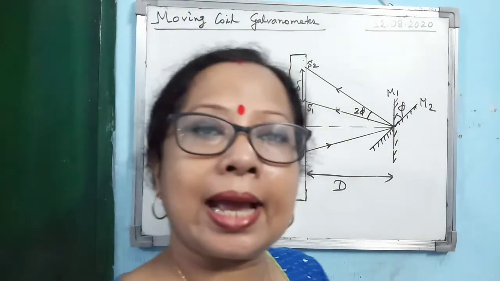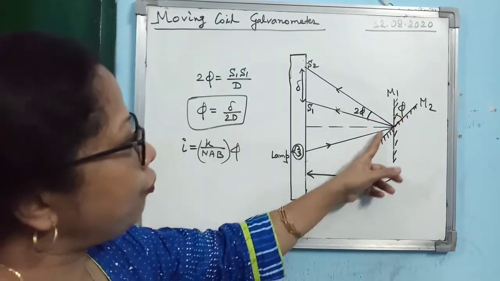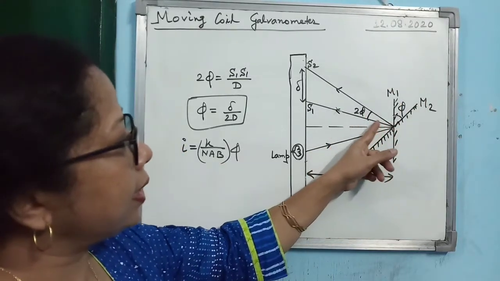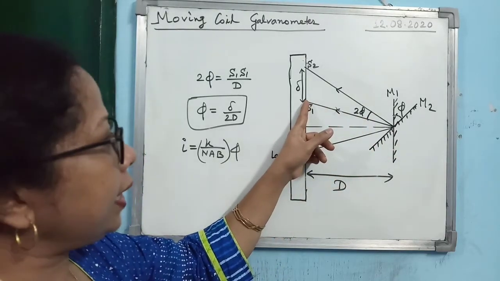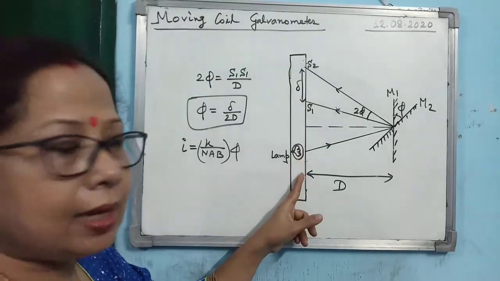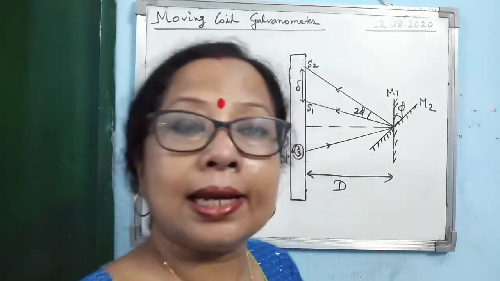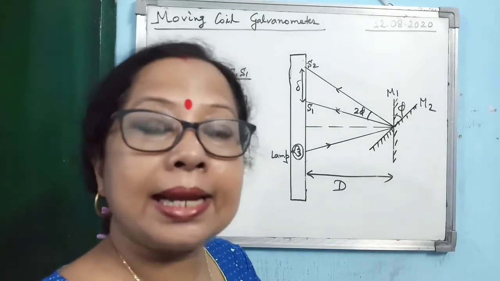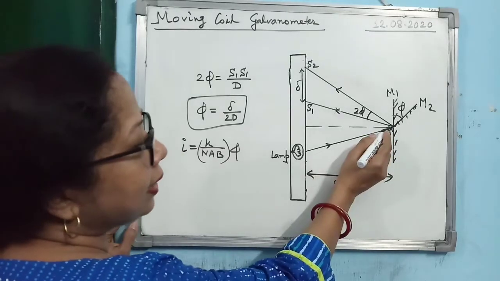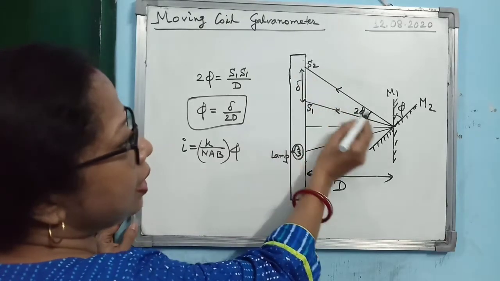Now we already studied in 9th standard that when the mirror gets rotated by an angle phi, the reflected ray rotates by an angle 2 phi. Here you see, when the mirror was in the position M1, this was the reflected ray, falling on position S1 of the scale. Now when the mirror is rotated by an angle phi, the incident ray remains the same, but the reflected ray rotates by an angle 2 phi, and this will be the new reflected ray.